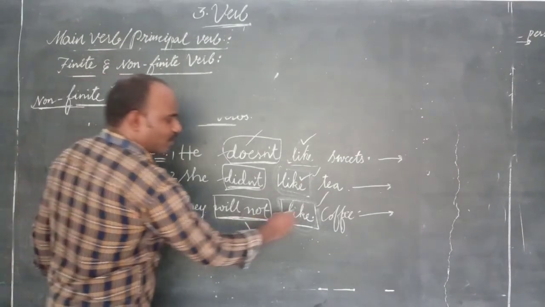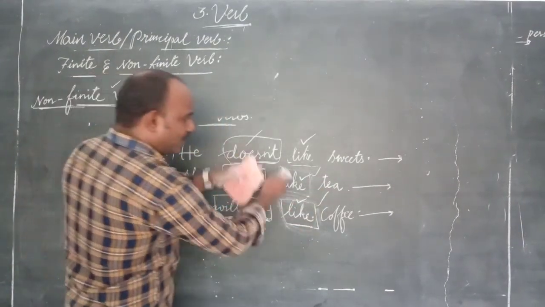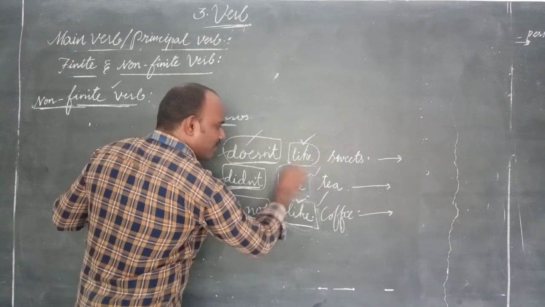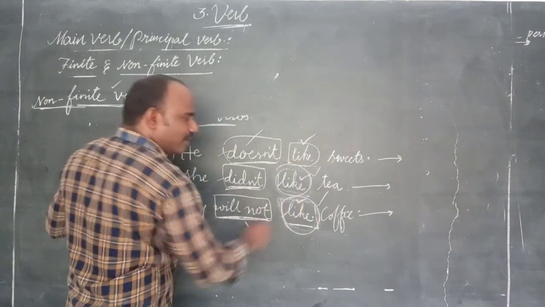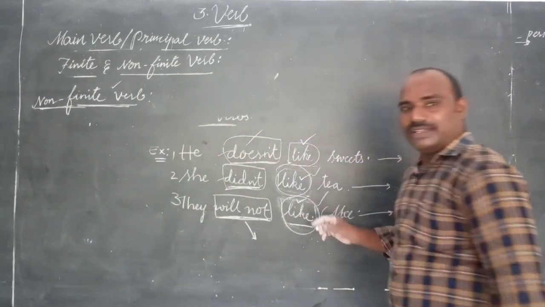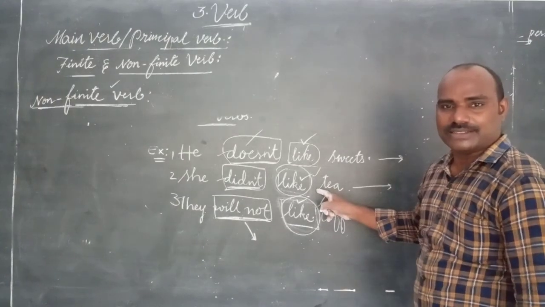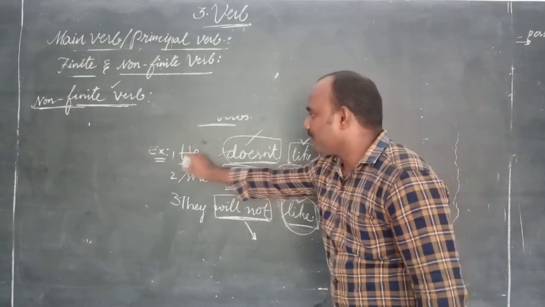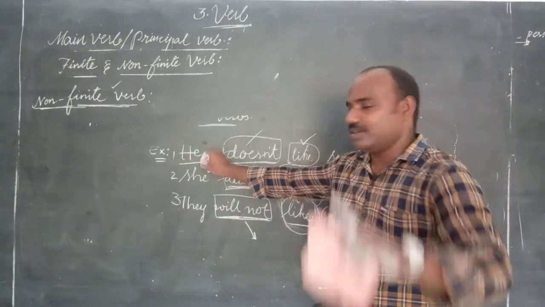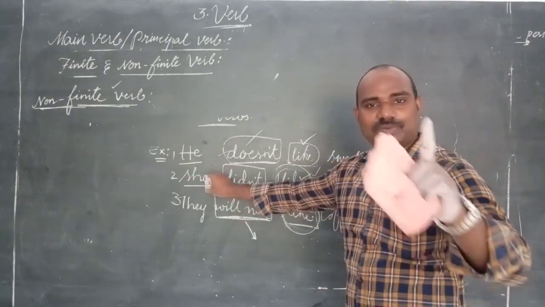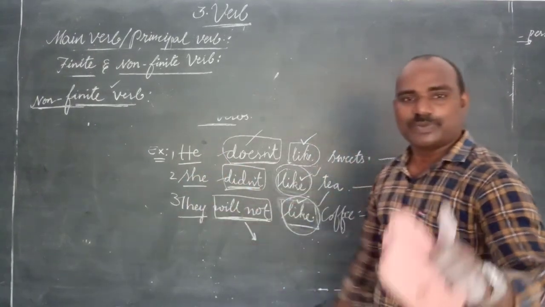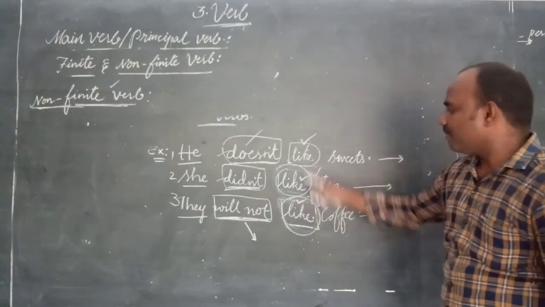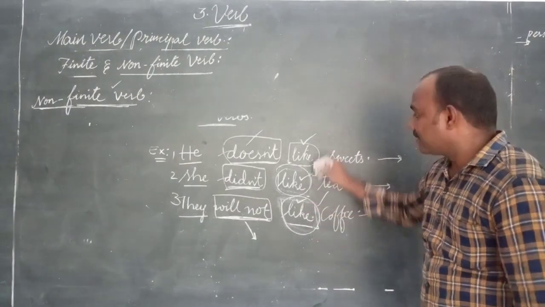They did not like coffee. The same verb like is used in three different tenses. He is third person singular, she is third person singular, they are third person plural. But no change here. So this verb, what is